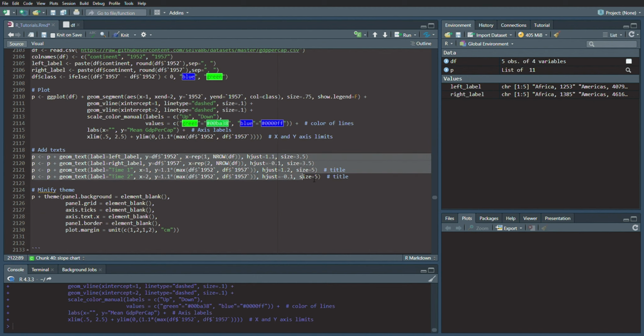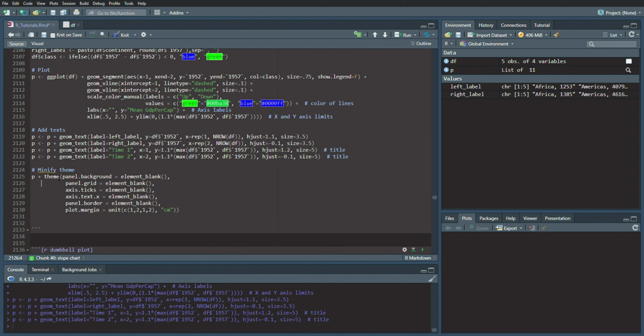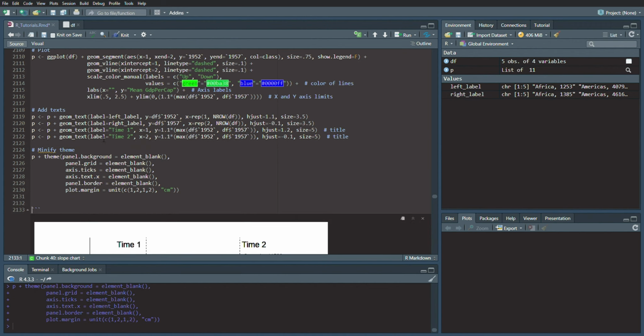So we run all of this, bins it within our list of 11 values under P in that data, and then we're going to minify the theme. Theme, panel background, blank. Panel grid, blank, blank, and so forth. This way you have a really clean data set, and now once we run this,